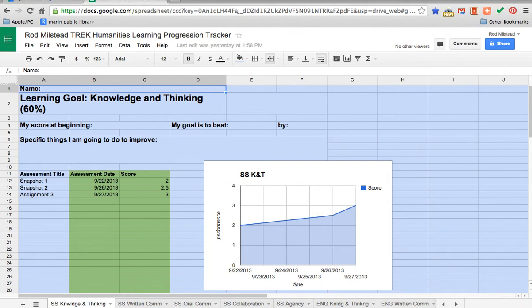Hi everybody, and welcome to our next tutorial related to your learning progression tracking spreadsheets that you created earlier this year. What we're going to look at now is how you can take this to the next level and add a visual to it. Just like I've got set up on my Knowledge and Thinking tab,